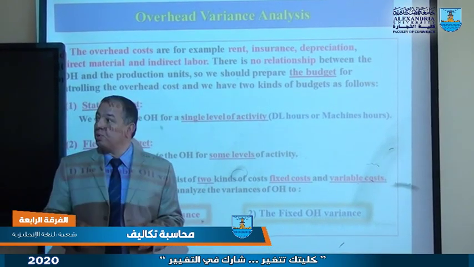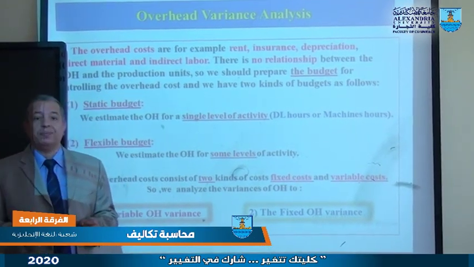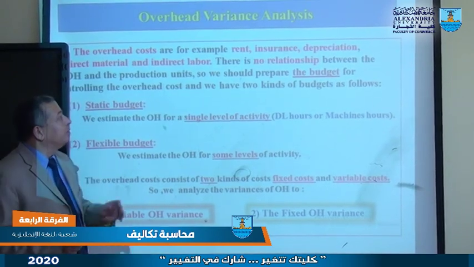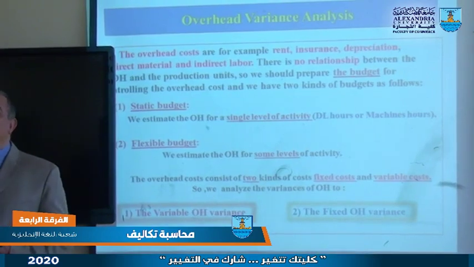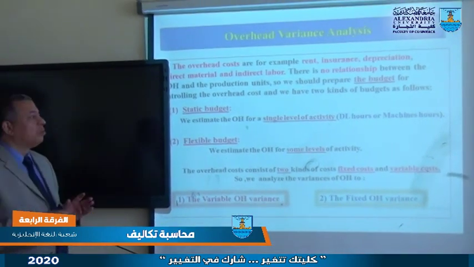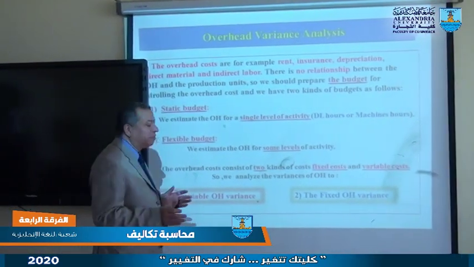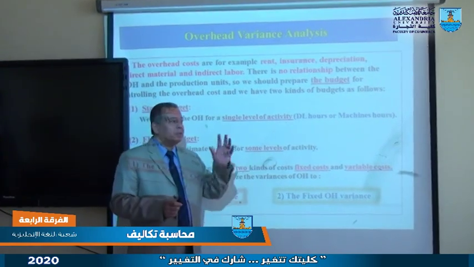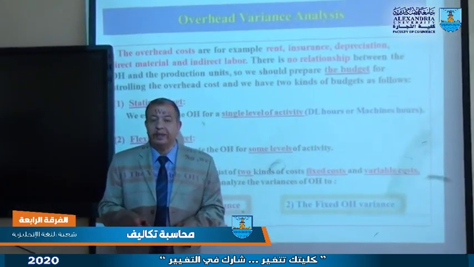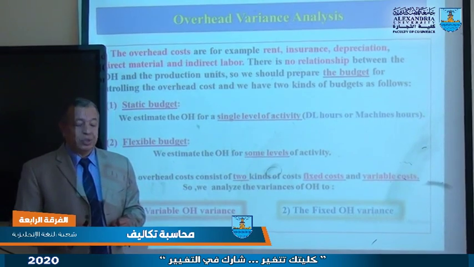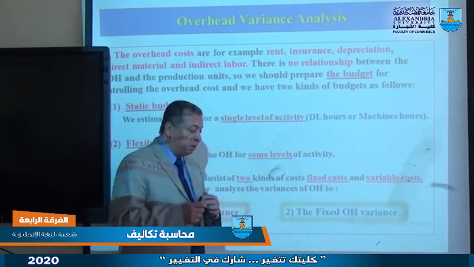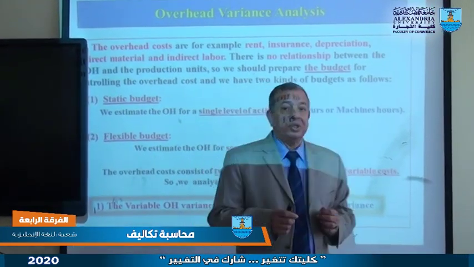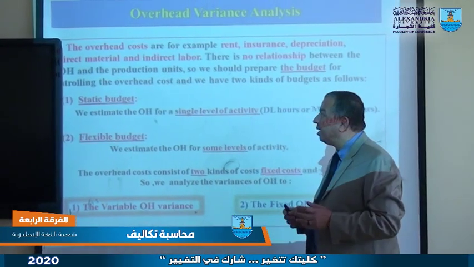We have a problem for manufacturing overhead. My problem is that I can't determine cost per unit because I don't have a relationship between these items of costs and the unit. So we will use budgets, if you remember from the previous year, cost accounting principles or managerial accounting principles,